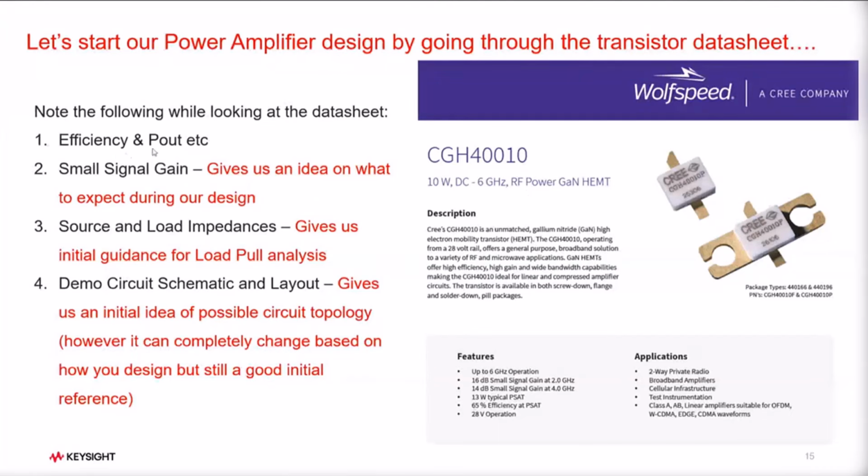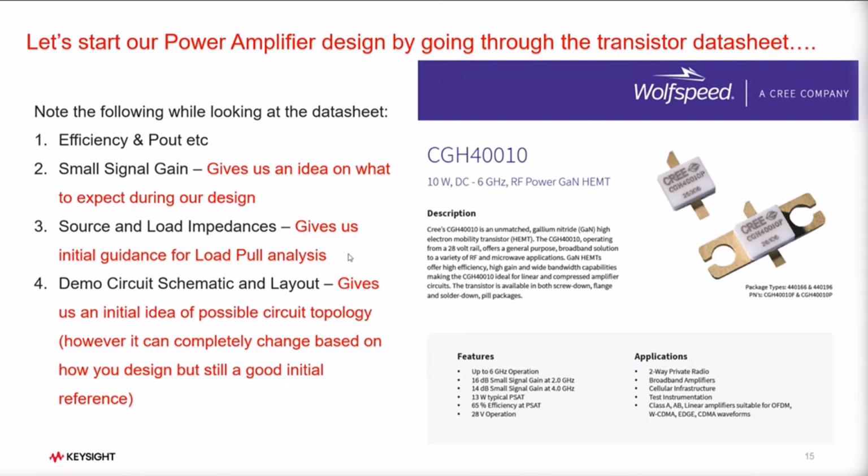So look at efficiency and P out as they claim, make sure it matches your requirement. Small signal gain gives an idea what to expect during our design. Again, this may or may not be achievable depending upon what topology you end up using, what kind of power and efficiency you are gunning for, and sometimes you may not achieve exactly the gain which they mention in the data sheet. Every power transistor data sheet also gives you initial guidance of source and load impedance, and that was very handy because